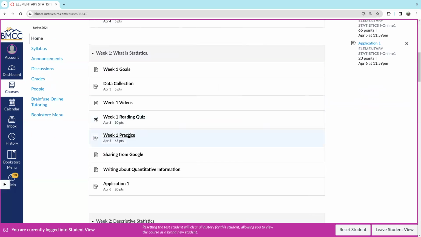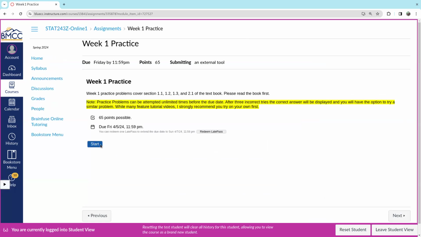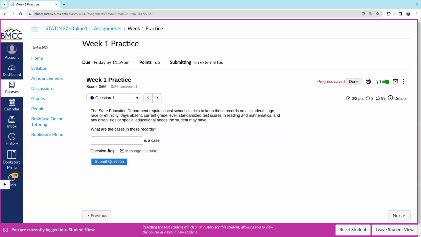So if you were working on the week one practice and one problem was giving you fits, then there's always going to be a message instructor button here. You'll know when I've written back to you if you used that button right there. On any assignment, the mail button here will be lit up with a little red logo that'll show how many messages you got, usually one for me if you just wrote one message to me.